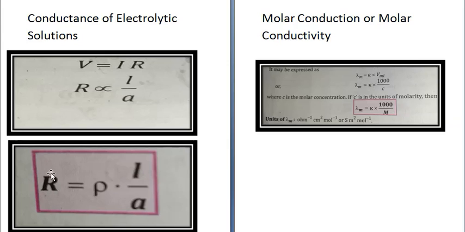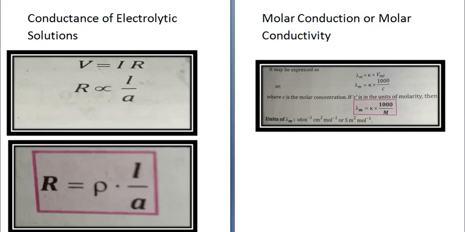So, rho is equal to R A upon L, and 1 upon rho will become equal to L upon R into A. Unit of conductivity may be ohm to the power minus 1, centimeter to the minus 1. Okay, and in SI unit it will be this, which is an SI unit only. Conductivity of a solution decreases with dilution.